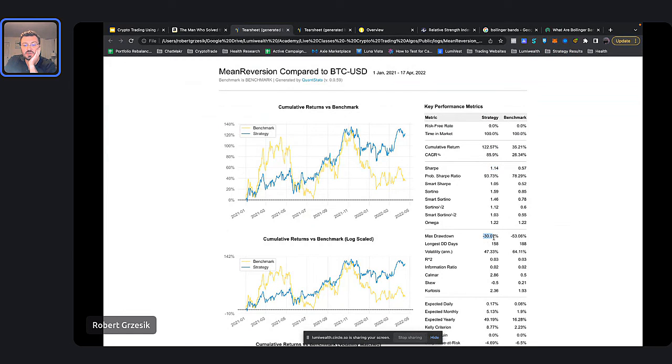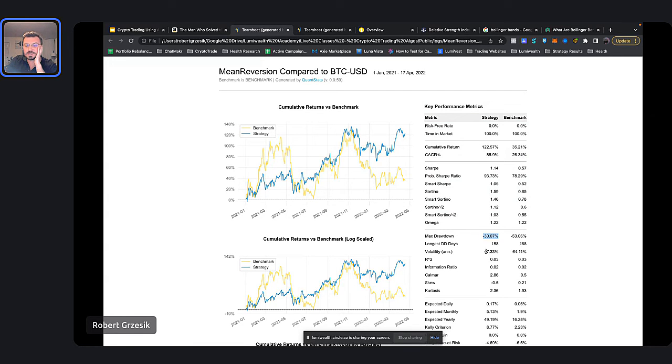You can see that our max drawdown is a lot better too. Bitcoin over this time period had a big drop. It went, this might have been it, or this might have been it. It had two very big drops actually, right? The biggest one was 53% from the peak to the bottom. Ours only had a 30% drop from the peak to the bottom. So we're making like 4 times the returns, not having as much of a risk in terms of max drawdown.